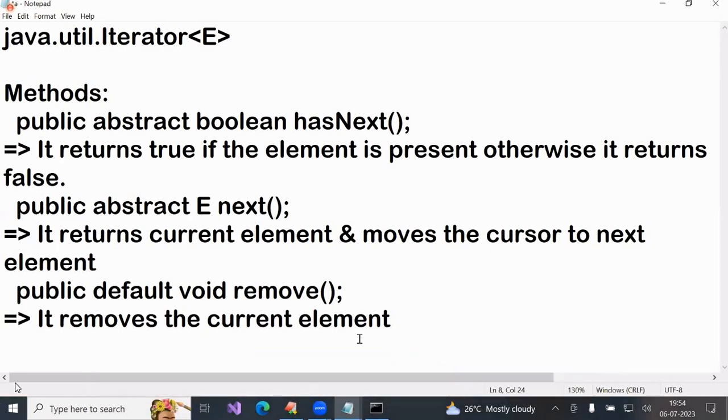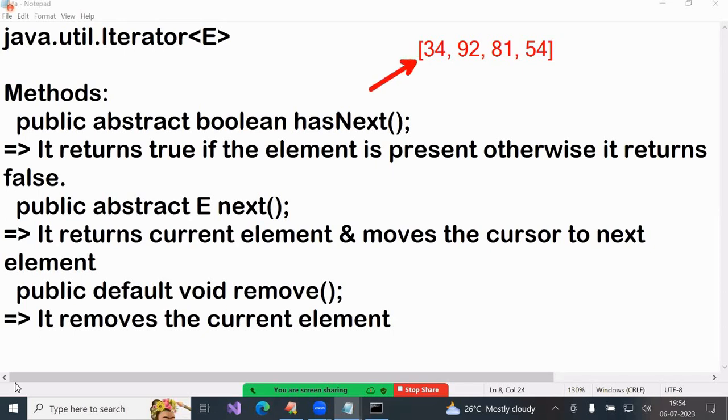See, the concept I'll explain, just observe. Suppose these elements are there. Like this you have elements. The cursor is here. First, if I call hasNext, it